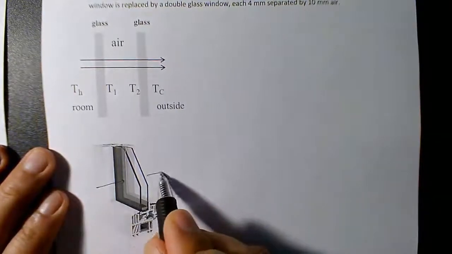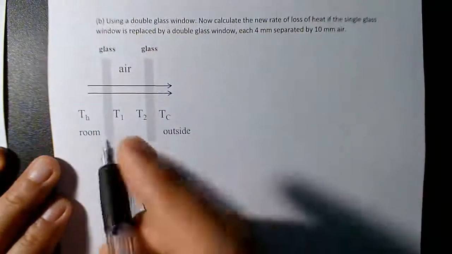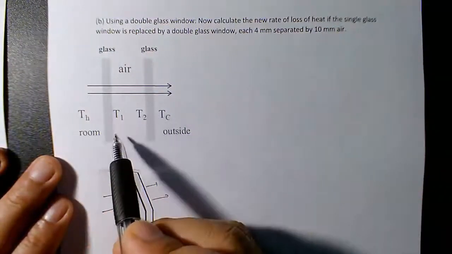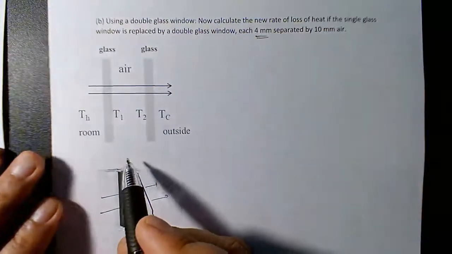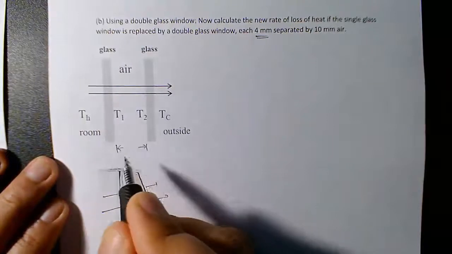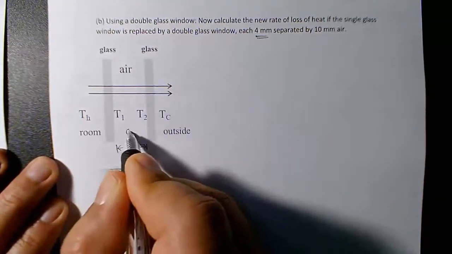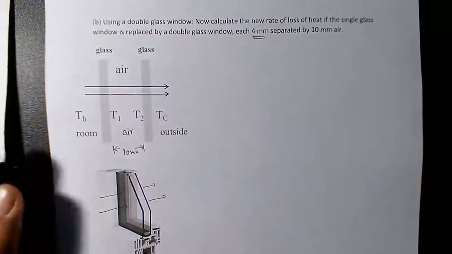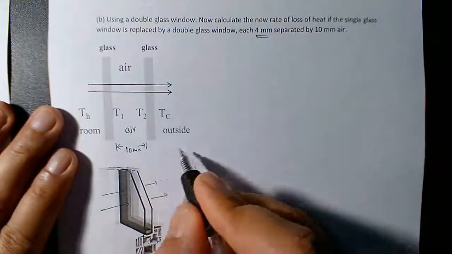rate of loss of heat? This is the design. Each glass window is again 4 millimeter thickness, and separated by 10 millimeter, and this is air, of course. You can solve this in many different ways, but the simplest way to solve is, first we want to find